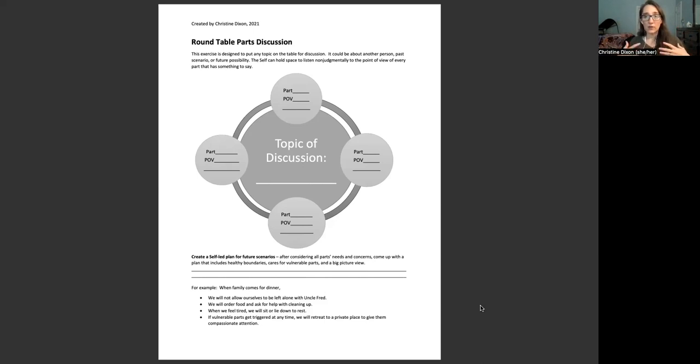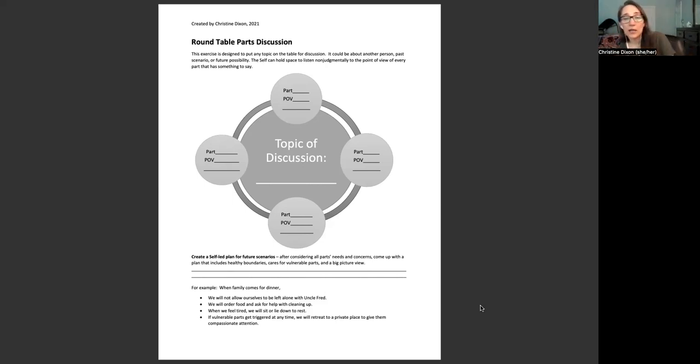But as the self, you can kind of be the mediator and say, well, how can we come up with a creative solution that meets all of your needs? Let's all brainstorm together and throw out ideas, but a solution will not be implemented unless it meets everyone's needs, right? So let's be creative together. It's us against the problem, not all the parts pulling. And so in that way, the self becomes the leader.